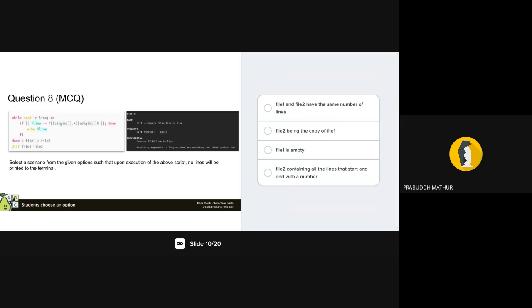See the diff command, what it does, it will print only the lines that are different. I don't get it. What is that diff command? It will just compare the files line by line. If there is any difference, it will print on the standard output.